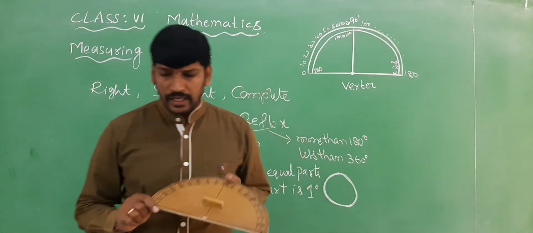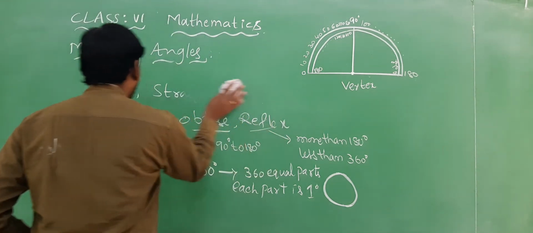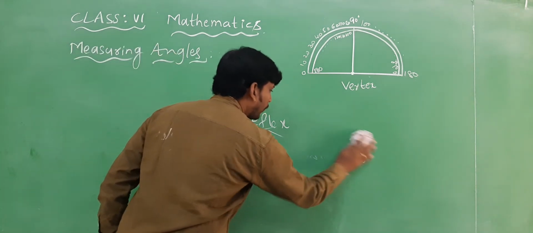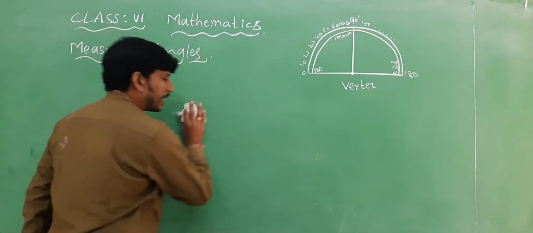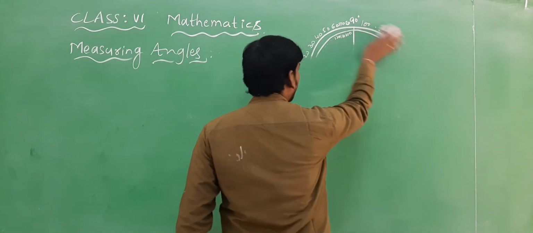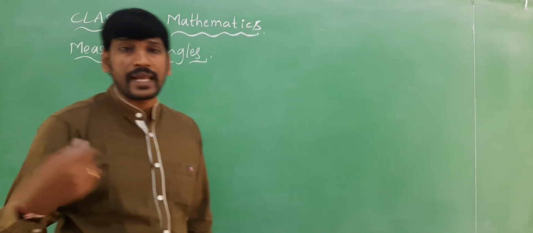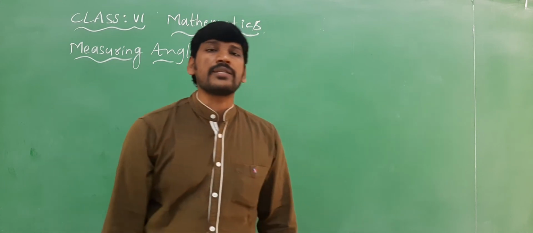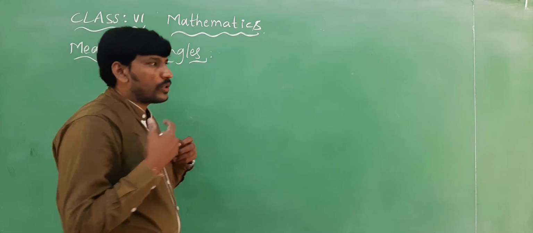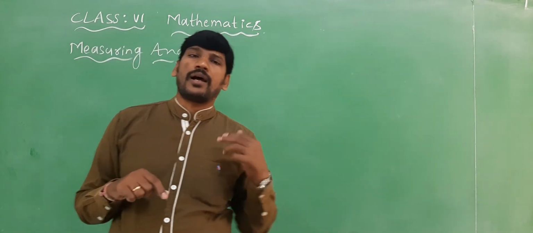Right, children? Now let us take a simple example so you can understand in a better way. So now let us draw a figure. Before going to discuss how to measure the given angle, that should be very important. First of all, before using this protractor, whether the given angle is acute or obtuse is very important. Right, children? So how can you identify whether the given figure gives an acute angle or an obtuse angle?